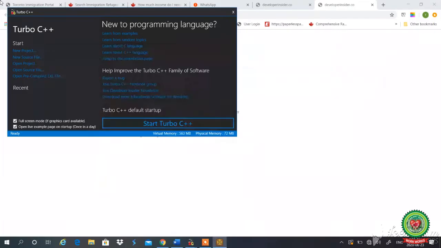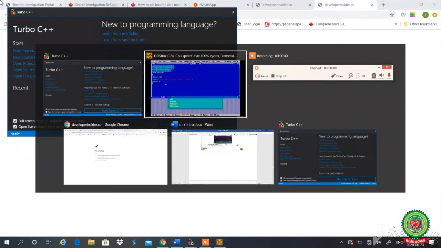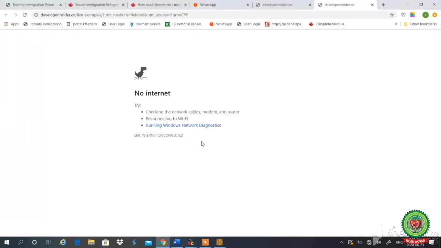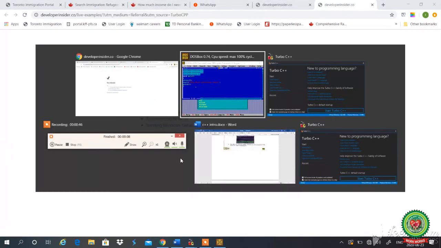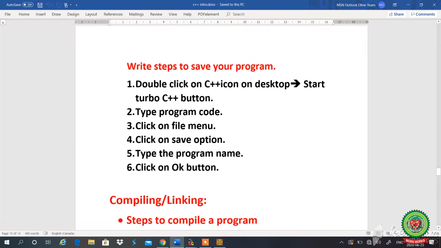Now students, we will recap the steps to save our file. We will double click on the C++ icon on the desktop.